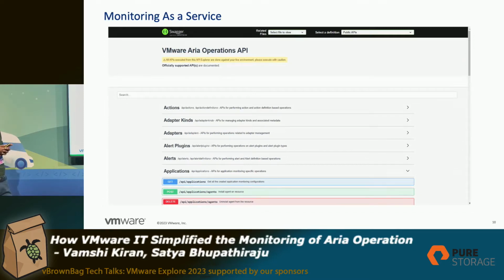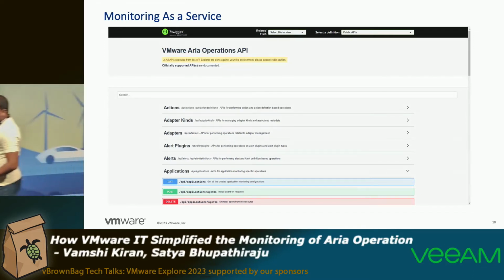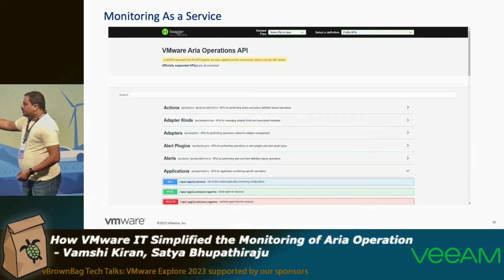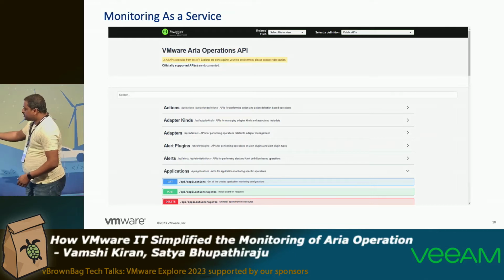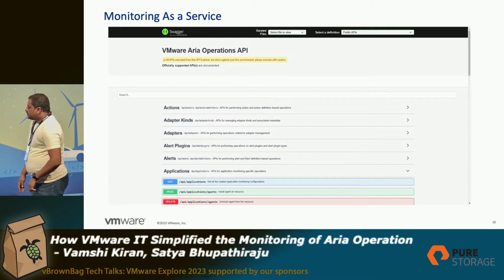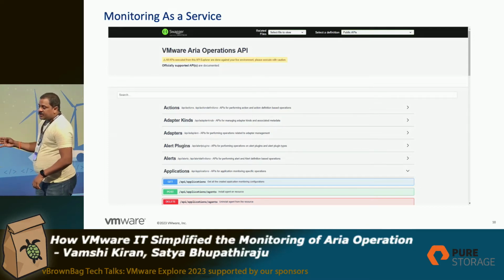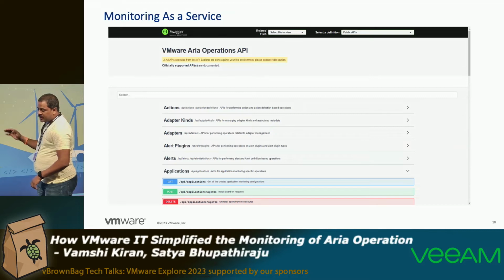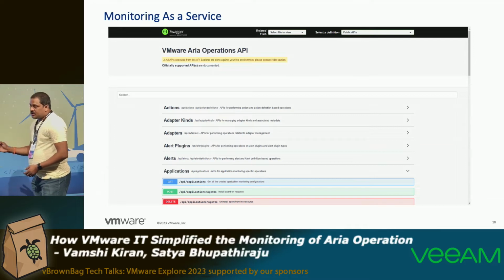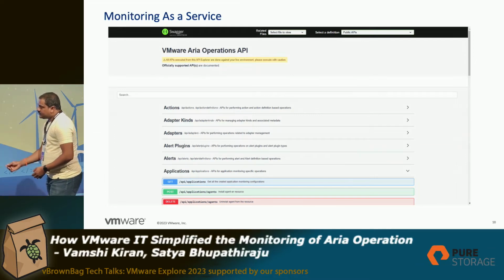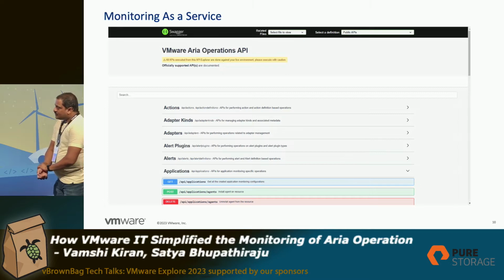And these are sample APIs which we used in ARIA Operations as the backend for the UI demo, monitoring as a service for the end user. We use these APIs as a backend with Python and a framework. These APIs help for any objects: we can create, update, delete, even power on, power off, enable or disable monitoring, or do maintenance for specific objects. Everything we can do via the APIs itself. That's the beauty of these APIs. It gets the job done faster.